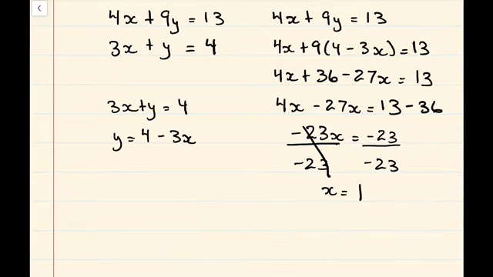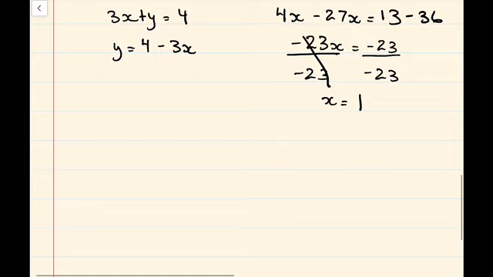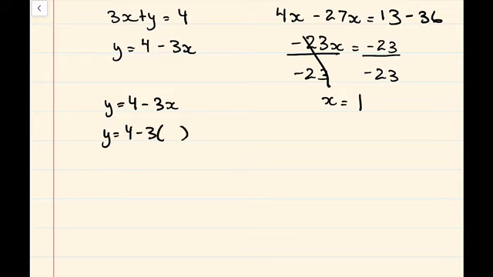Okay, so now that we've solved for x, we could just use this equation to solve for y. So y is equal to 4 minus 3x. Y is equal to 4 minus 3. What is x? We found that x is equal to 1. And 3 times 1 is 3, so y is just going to be equal to 4 minus 3, which is also 1. So both y and x are 1, and let's quickly check these answers to make sure that